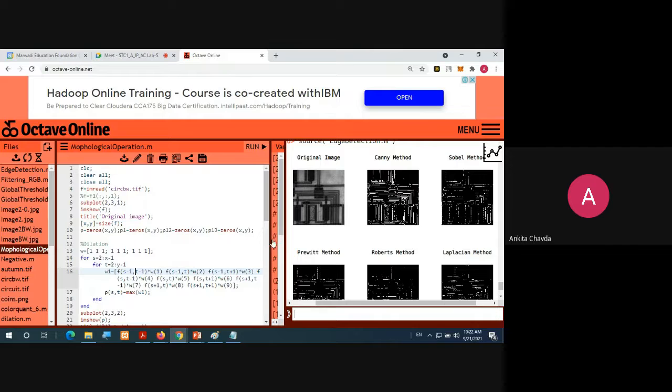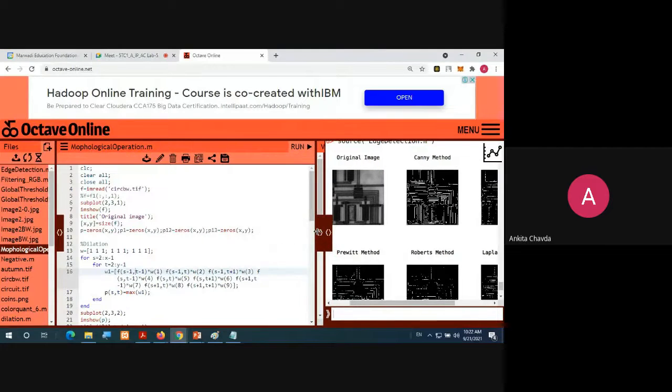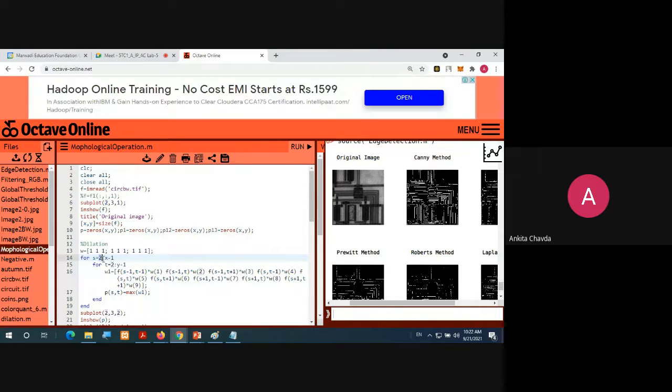Again, simply understand this, because via this only you have to apply local thresholding. You are starting with any of the index, with 2, and it will go till x minus 1 and y minus 1, whatever is the size of your image that you are taking in x and y. The simple thing. This is your original image.